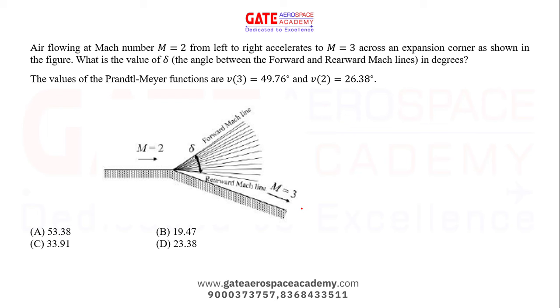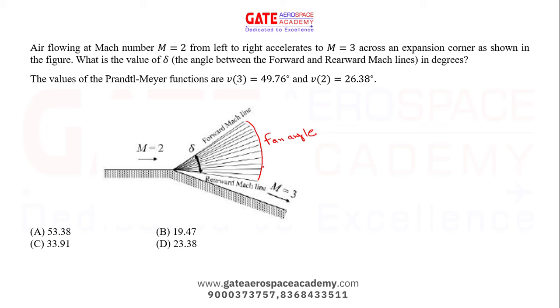Next question. Air flowing at Mach number M is equal to 2 from left to right accelerates to Mach number is equal to 3 across the expansion corner as shown in the figure. What is the value of delta, the angle between forward and rearward Mach lines in degrees? The values of the Prandtl-Meyer function are, at Mach number 3 it is 49.76 degree, at Mach number 2 it is equal to 26.38 degree. So they are asking this angle, that is fan angle, which we have already discussed in the lecture. Fan angle,